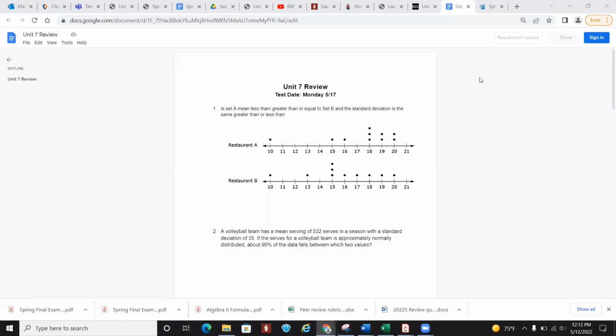Okay, so on this unit 7 review, it says, is set A's mean less than, greater than, or equal to set B's? And is the standard deviation the same, greater than, or less than? So what you're going to do is find the mean and the standard deviation. Now, remember,